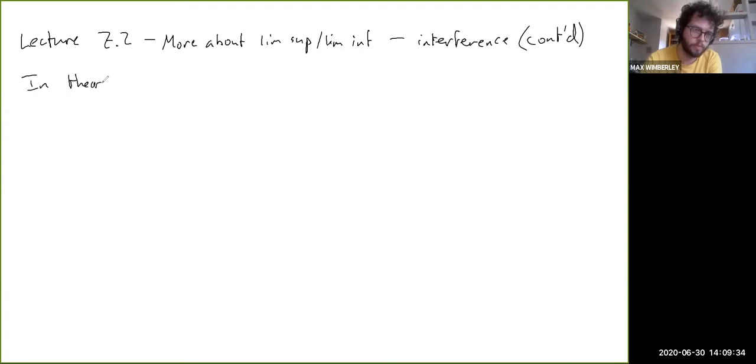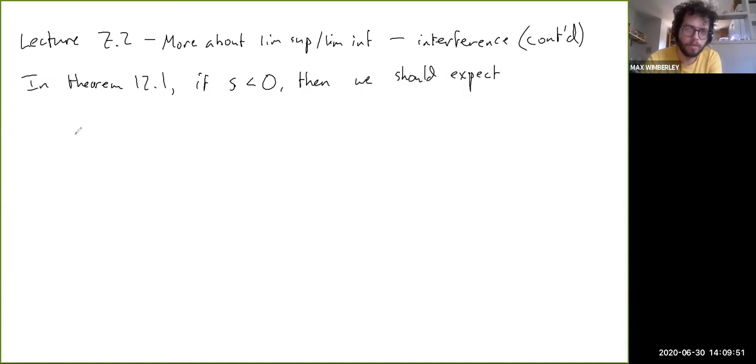In theorem 12.1, if S is less than 0, then we would expect something like lim sup Sn Tn